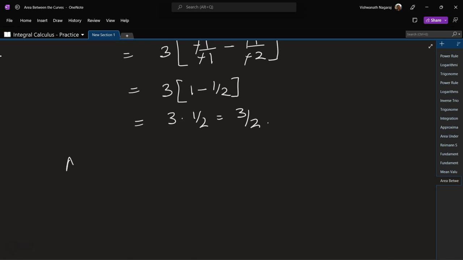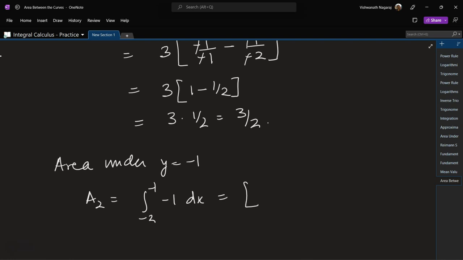Now we have the second area to be evaluated. Let me write it down. So area under y is equal to -1 in the interval -2, -1. So a2 is equal to integral -2 to -1 of -1 dx. This would be minus x from -2 to -1, which gives us